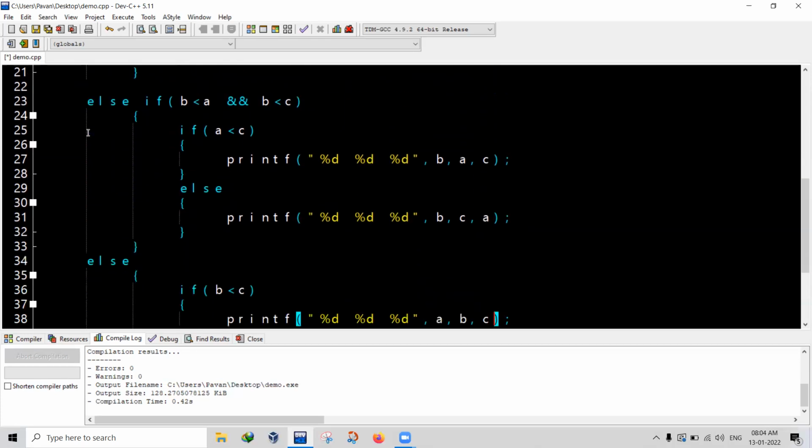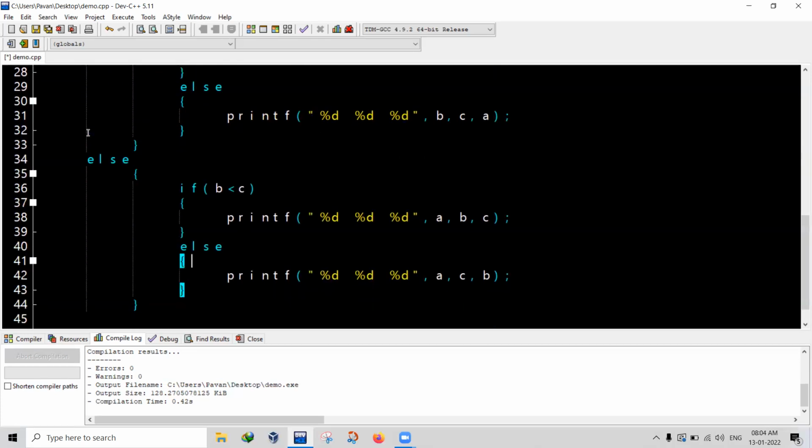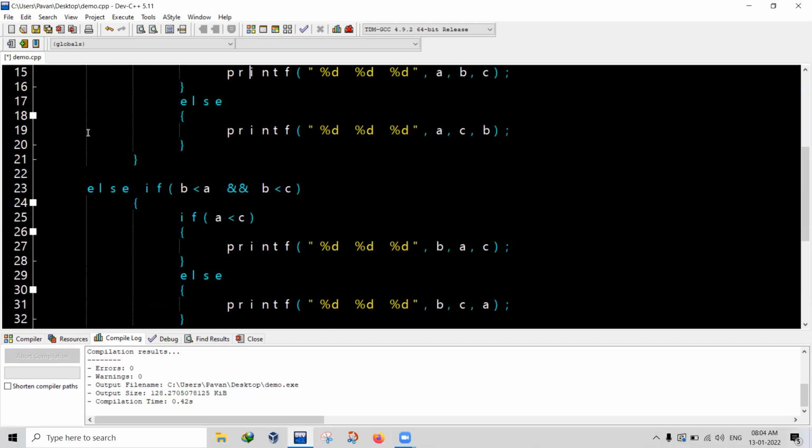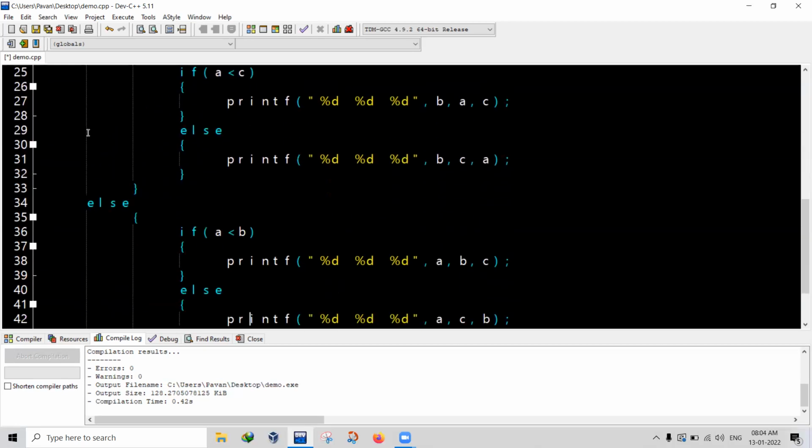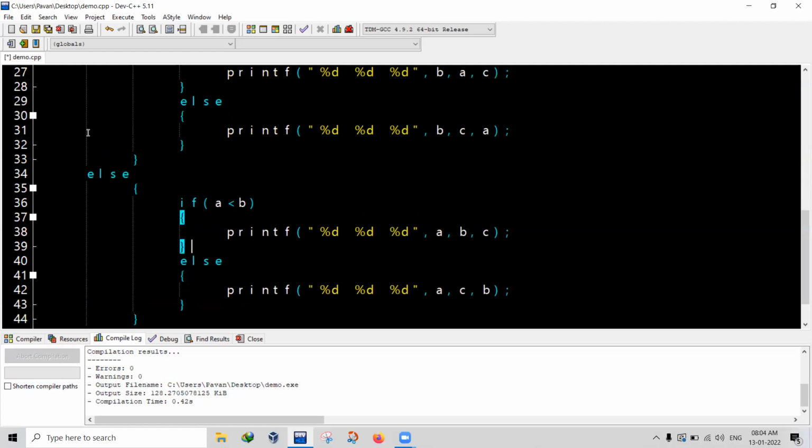You just have to make some small manipulations. Else, you already know C is the smallest number. Check if A is less than B. Because the else part is definitely C remaining, right? For A it's done, for B it's done, C is remaining. So C is the smallest. You need not write that condition. If A is smaller than C, print C, A, B, else you come here and just make a small change. C is the smallest, then B and A.